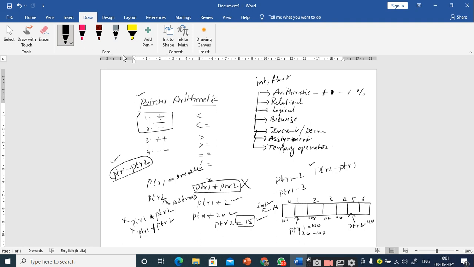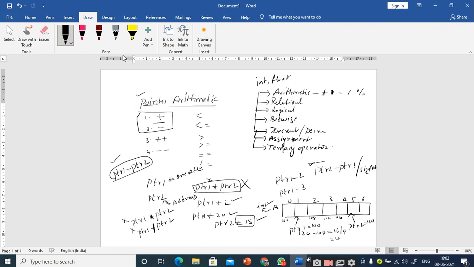So when I write ptr2 minus ptr1 by size of int, what is 120 minus 104? 16, sir. 16 by 4. 4, sir.